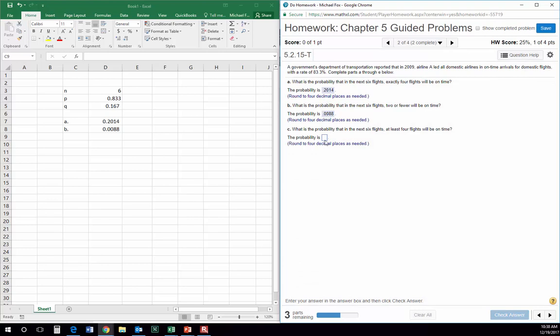So C, what is the probability that in the next 6 flights at least 4 will be on time? So this could be confusing because at least 4, remember if we do cumulative, it gives us the probability of anything being less than a certain number. So out of 6, if we say at least 4, we want the probability that 4, 5, or 6 are on time. So the way we have to do this is we have to tell Excel this equals